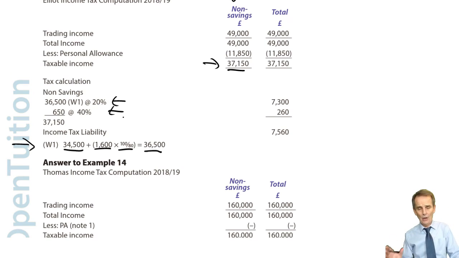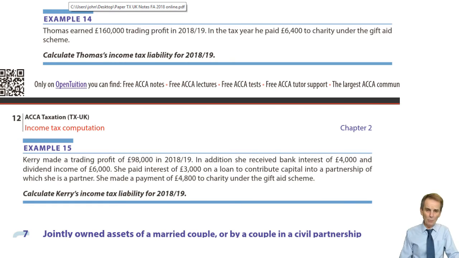So all you've got to do, find your gift aid payment or personal pension contribution, identify the gross amount of it, and then proceed to extend, as was only required here, the basic rate band limit by that gross figure. But of course, if we go above 150,000, then we must also extend that higher rate band limit of £150,000 as well. And that's what we're going to see happening in terms of example 14.